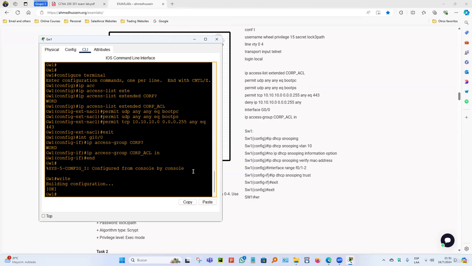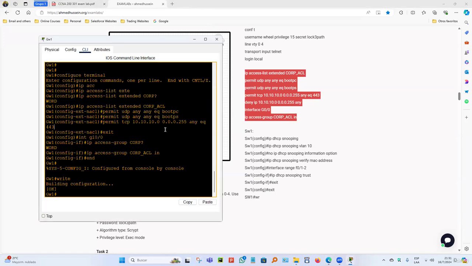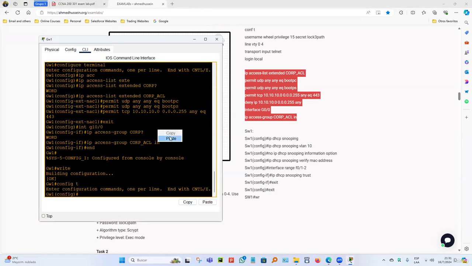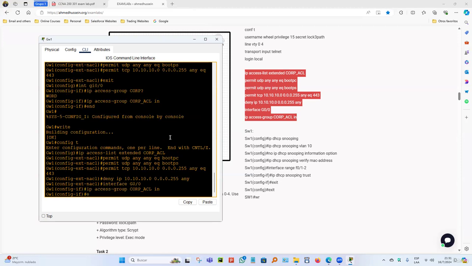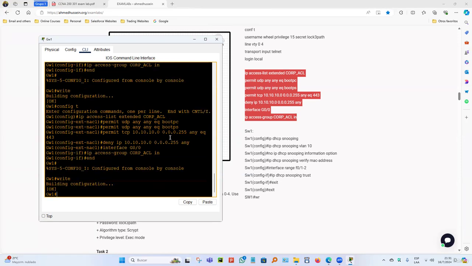Are we missing something? Yes, we forgot the deny. So let me go ahead and copy this again. I'm just going to copy all of these commands because when I was running this, I totally forgot about that. So let me just paste all of these commands again, do an end and a write. So be careful. You cannot do this on exam day, of course, but we are doing it for testing purposes. Mainly, I forgot the deny ip